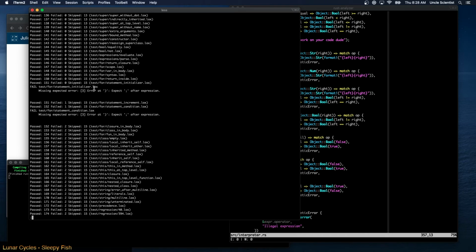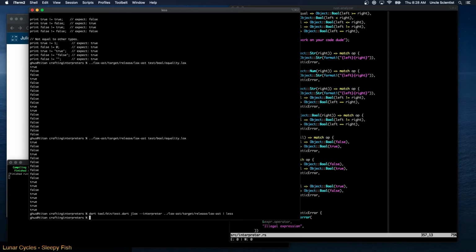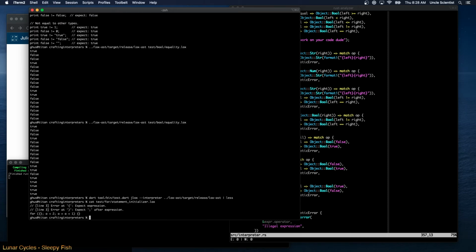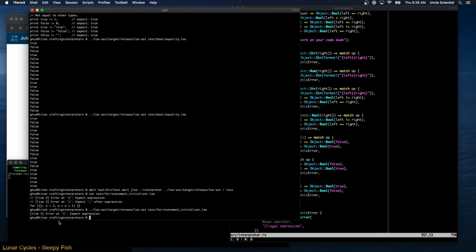Statement initializer. Error at close paren expected semicolon after expression. And this one also. All right, let's take a look at what that code looks like. Oh, it's not supposed to accept a block inside there. If I run my code, it just says error at open brace, expect expression. Oh, I see. Then it carries on.